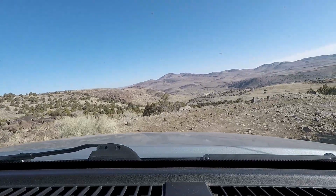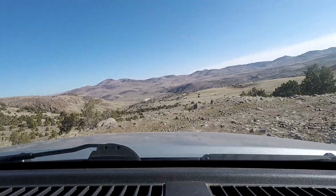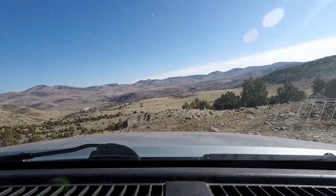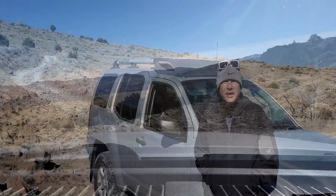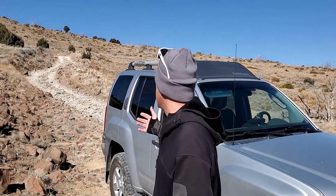In fact, my spotter didn't have to spot that much on the way out because I just took the lines that I took going in, and that worked out really well. All right, so we continued on the Jeep trail, which is also